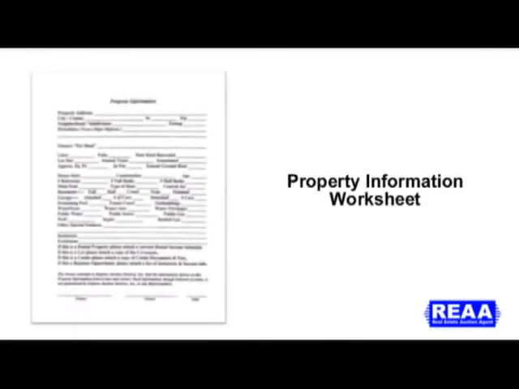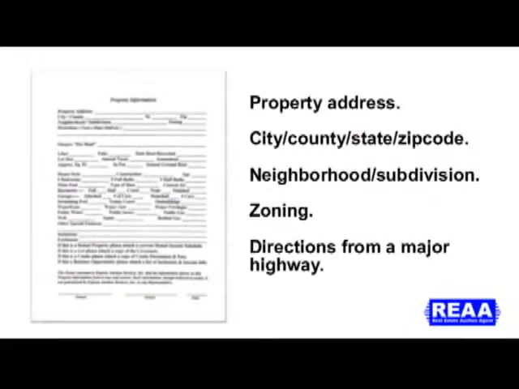Let's talk about the property information sheet. There may be some duplicate information on here, but please fill it in because it saves time and it goes to various people to be able to put this package together to make sure that you have a successful auction sale. You need the property address, city and county, state, and zip code, neighborhood, subdivision, the zoning, directions, very important,